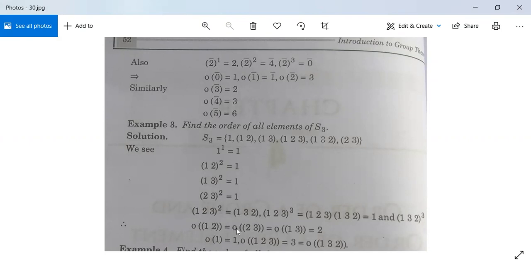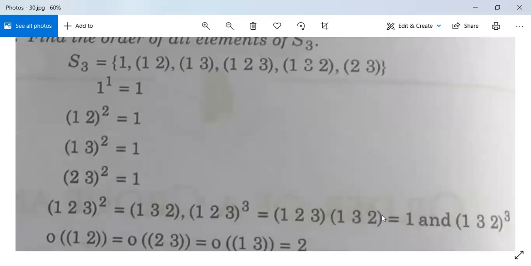So order (1 2) is equal to order (2 3) equal to order (1 3) is equal to 2 and order (1) is equal to 1, order (1 2 3) is 3 and order (1 3 2) is also 3. (1 3 2) power 3 भी आपको मिल जाएगा (1), मीन्स (1 2 3) (1 3 2), इसका कंपोजिशन लेने पे हमें (1) आता है। दिस इज योर परम्यूटेशन ग्रुप।